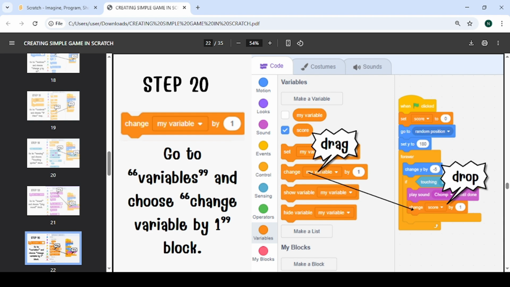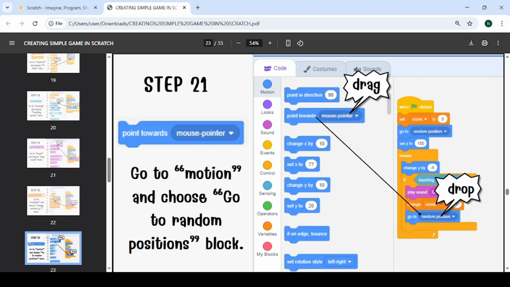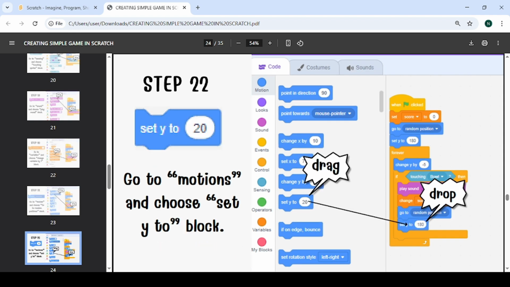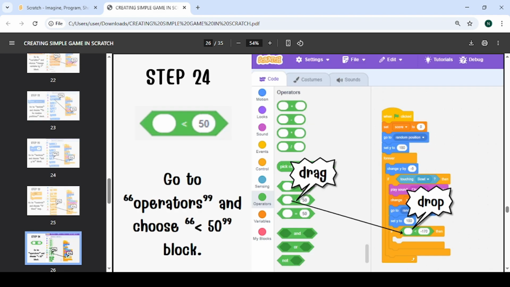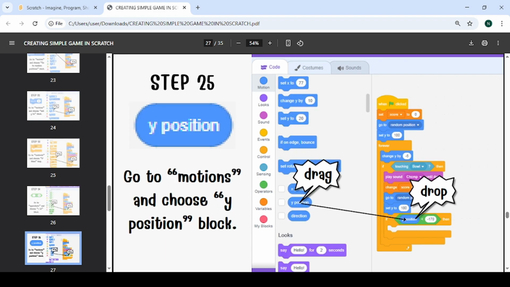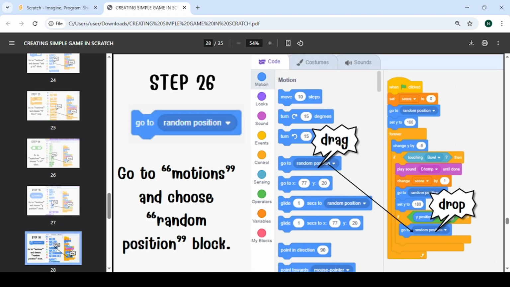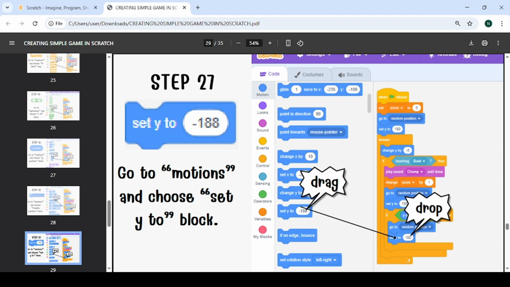Then the next block we'll be using is change my variable to. We must have created a variable and name it score, right, before we start our project. And the next block we'll be using is point towards mouse pointer. The next one is set Y to 20. That's a whole lot of blocks, right? And we're not done yet. The next block we'll be using is our if then loop. The next one is our greater than. Next block we'll be using is Y position. Our next block is go to random position. Our next block is set Y to,